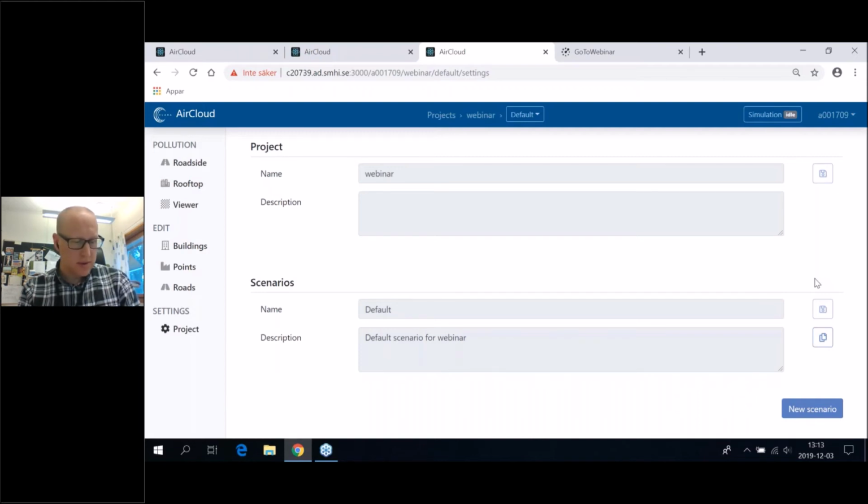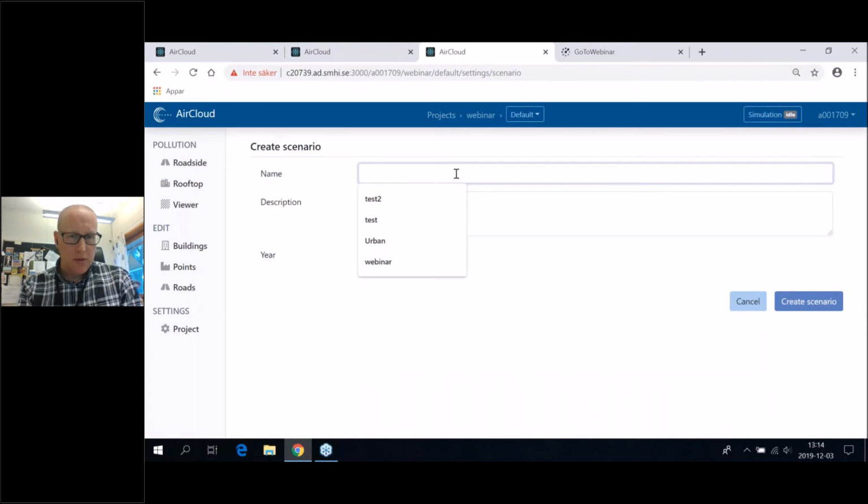And as I talked about before, when we set up the project, we will copy all the background information, the emission sources, the buildings, and so on, to a local copy that we can change without changing the original data. And it's the same with scenarios now. So we can make a new scenario either by copying default or copying if we have more than one scenario. So we will just call it something nice. We could call it scenario 1, for instance,